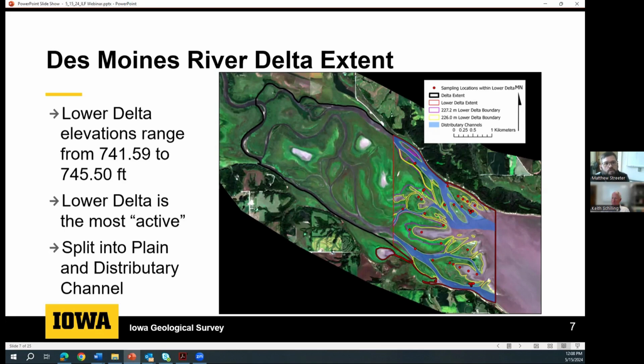And so if we move into the Des Moines River Delta, this area that's 1,700 or 1,800 hectares that's feeding into Lake Red Rock, you'll find a tremendous amount of carbon-rich sediments. And so the assumption here, the hypothesis, is that if we inundate those, if we make them flood more often, that we will get increased nitrate reduction. But we really don't know how much loss we would find because we don't know a whole lot about the